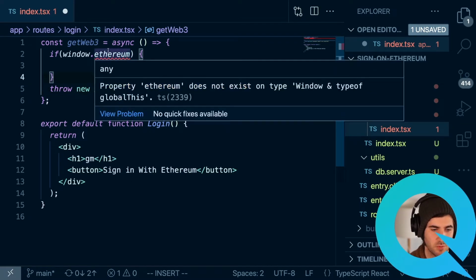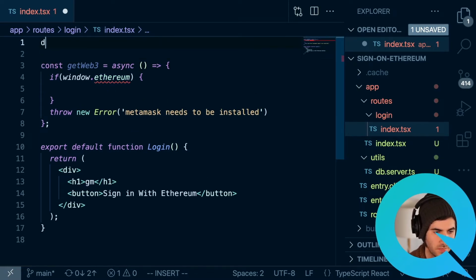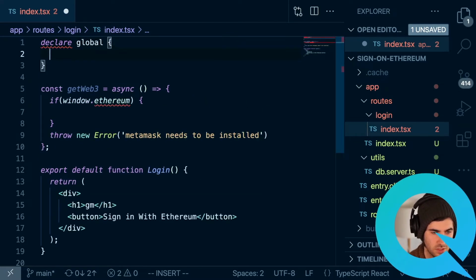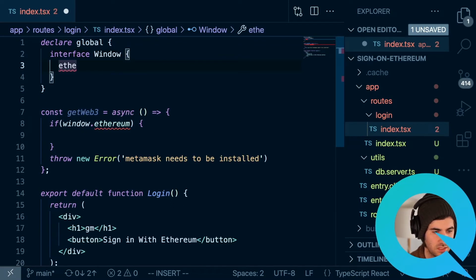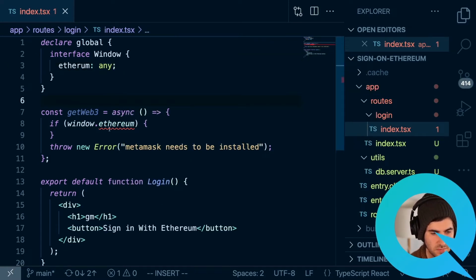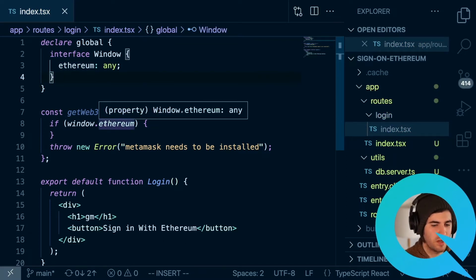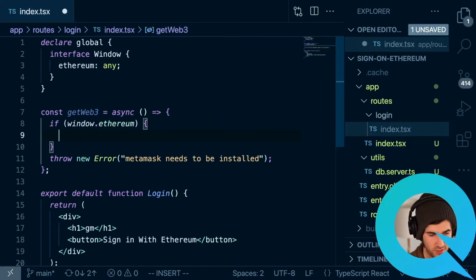Cool. And you can see we're starting to get this TypeScript barking at us for this window.ethereum object. And so to get rid of that, we're going to declare global. The interface is the window object, and it can have a key of Ethereum. And that can be any. Awesome. There we go. Window.ethereum. And you can see that lets it know that this window object can, in fact, have this Ethereum key attached to it.